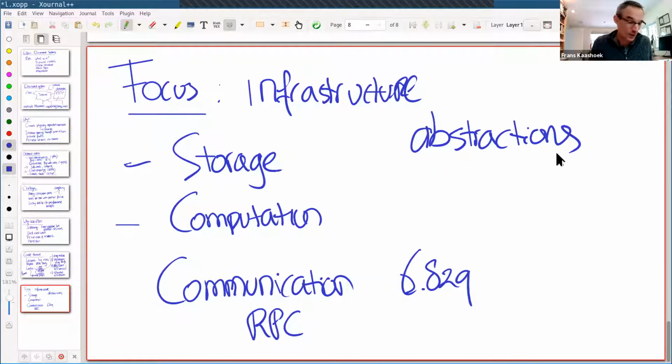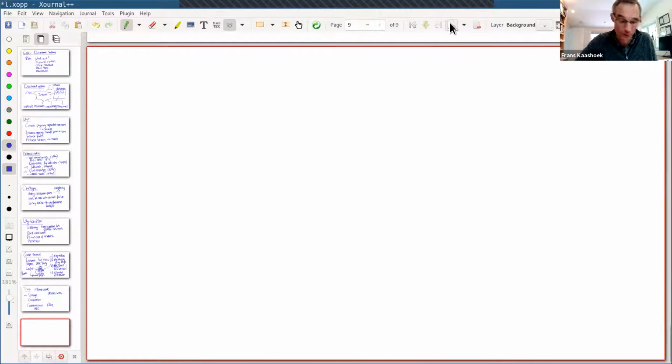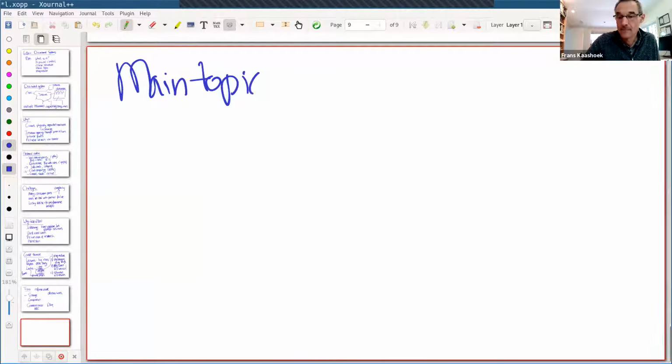Turns out in practice, this is very hard to achieve. And we'll see that it looks like it, but it's not exactly. And this is a topic that will show up multiple times. In fact, that brings me to the main recurring themes in this class that we're going to see over and over. And the main topics are fault tolerance,